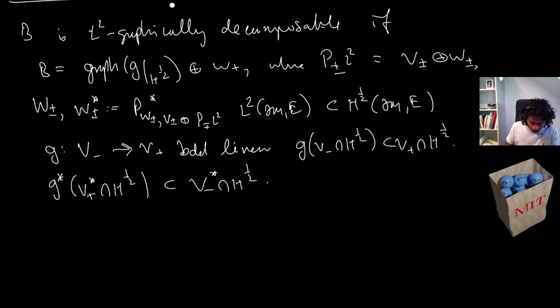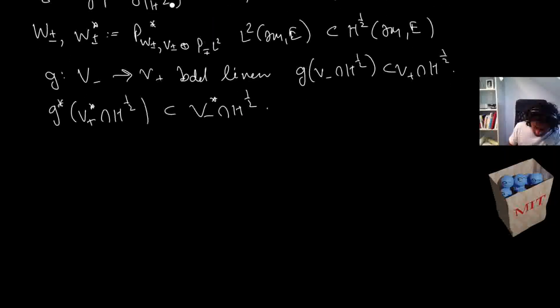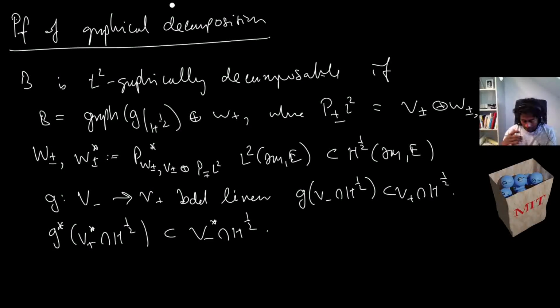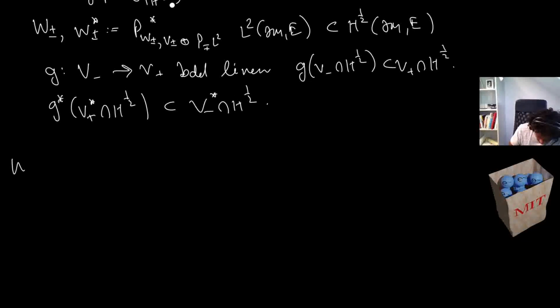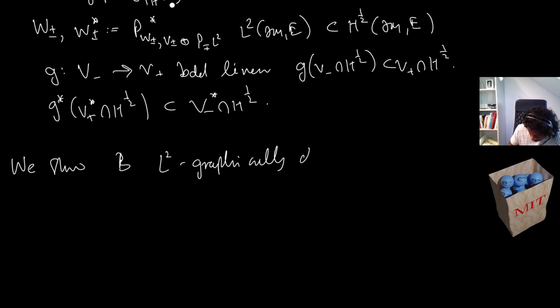So what we will show is the direction. So today we will show the direction that the theorem that B is L2 graphically decomposable if and only if it is elliptically regular. Okay, so we show B L2 graphically decomposable